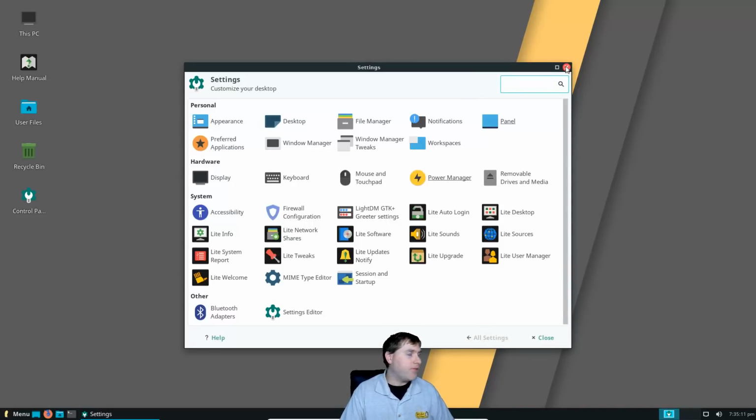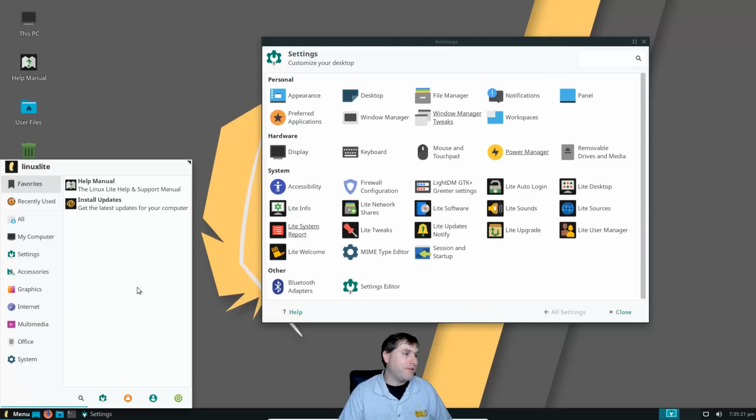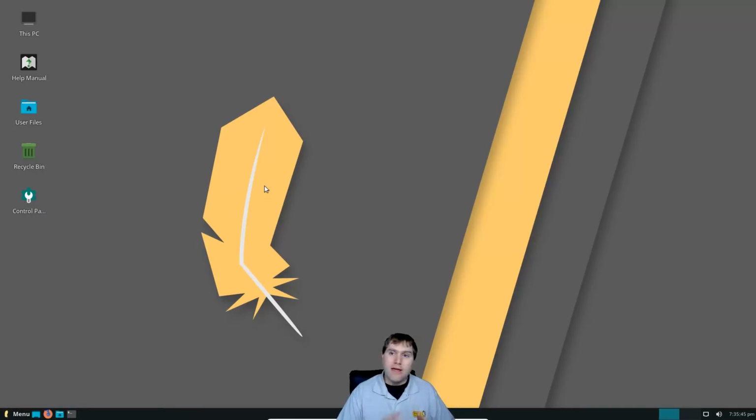The theming is modern, which has never been my favorite, but the theming on this is really good. It is very nice looking. They just paid a lot of attention to fine details, giving you the feather up there in the user menu. Down here in your menu, you have your nice new feather. A lot more attention to your settings, and it will have not the current rolling kernel, but certainly a very up-to-date, very stable kernel. As of right now, of course, I didn't mention earlier, it is based on Ubuntu 18.04,